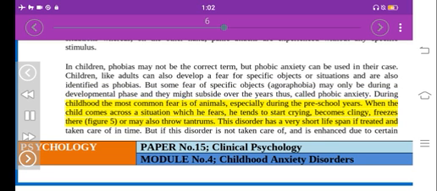When the child comes across a situation which he fears, he tends to start crying, becomes clingy, freezes, or may also throw tantrums. This disorder has a very short lifespan if treated and taken care of in time. But if this disorder is not taken care of, and is enhanced due to certain